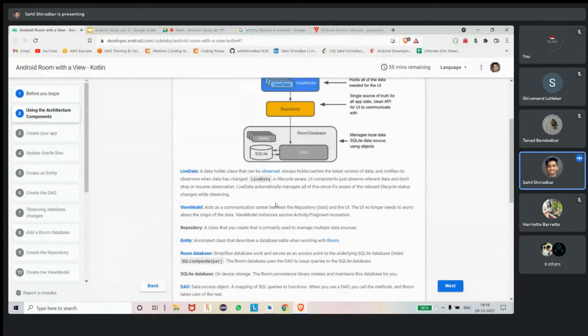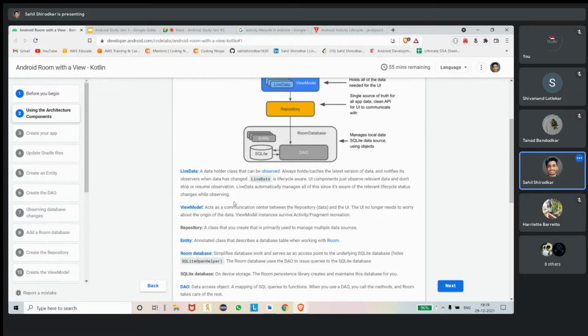So room database is a wrapper on the SQLite database. So SQLite generally before 2017, if we wanted to use any database to store any data in Android, we always preferred SQLite. SQLite was the default option to use a database in Android development. So just to remove the boilerplate code and make the database interaction more robust, Google in 2017 introduced Room Database, which reduces the amount of code and just makes the whole work of interacting with the database easy.